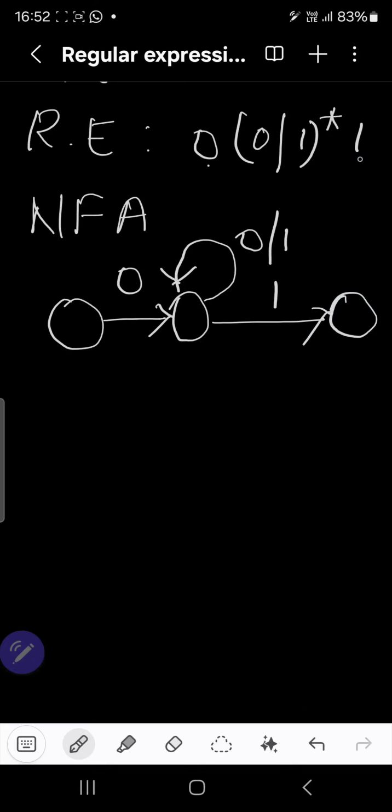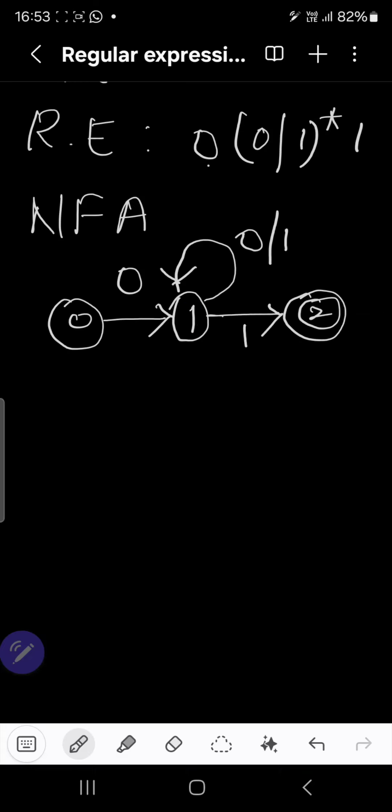So after reaching this 1 we have no more inputs. So that is all the string. So we have reached the final state. The final state is represented by a double circle. So we can give numbers for the states or names for the states. So I give 0 for the start state, 1 for the intermediate state and 2 for the final